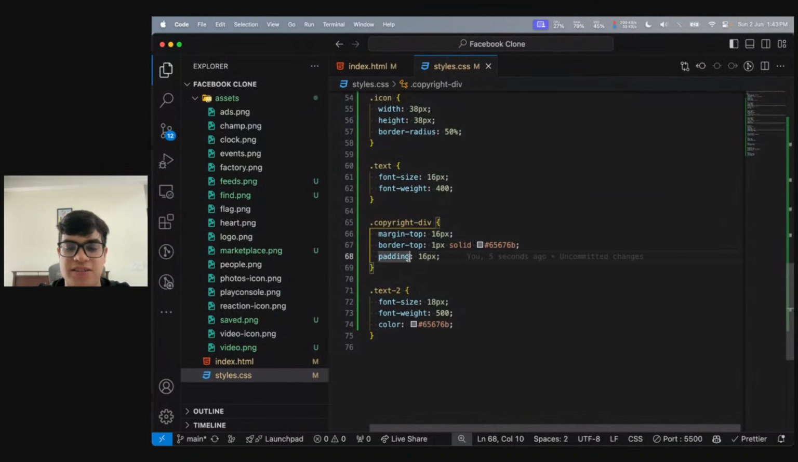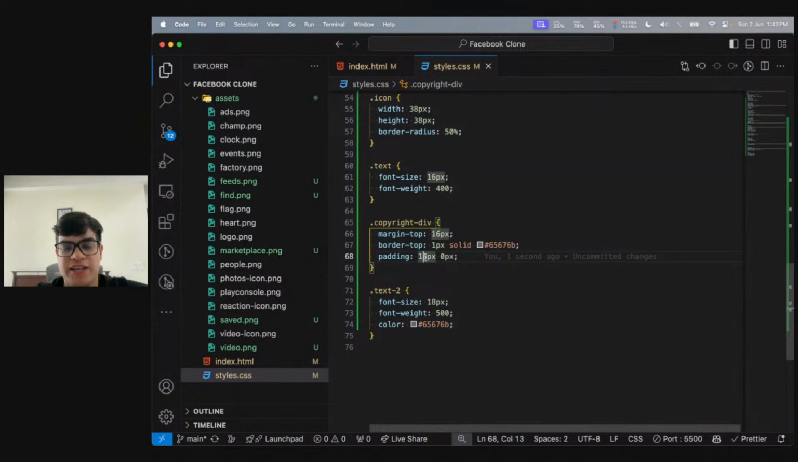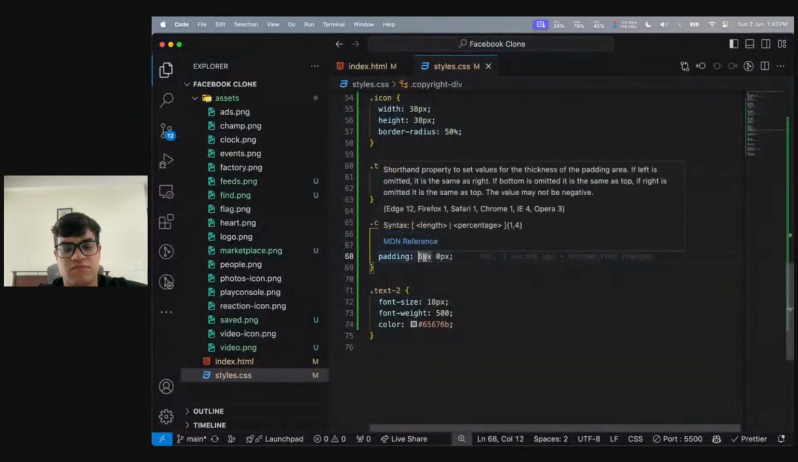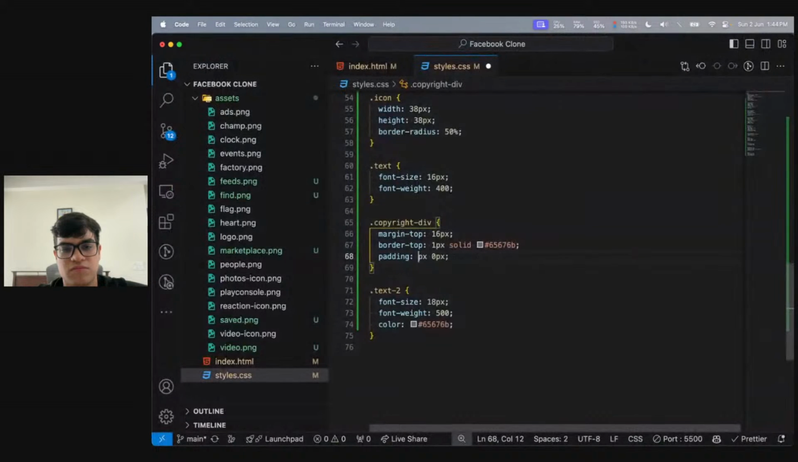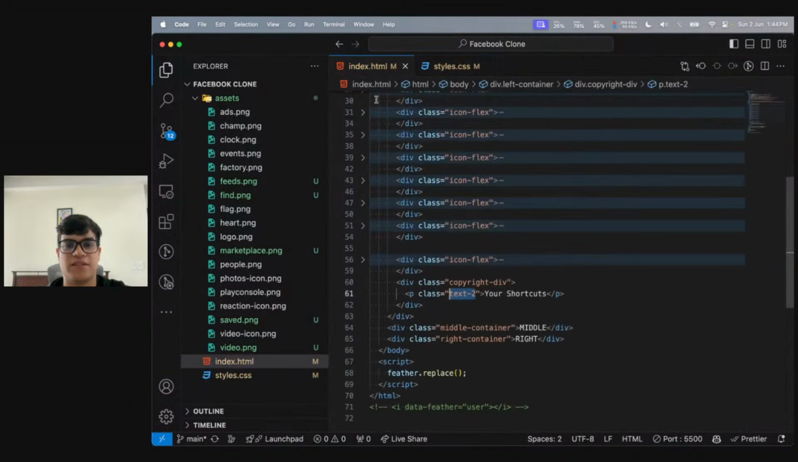And padding, I'll just say padding this thing only, right? And that's it. In fact, I don't even need this much. I think I don't need padding at all. This is good enough, right? So your shortcuts is also done, and now the only thing that is left is I will just go